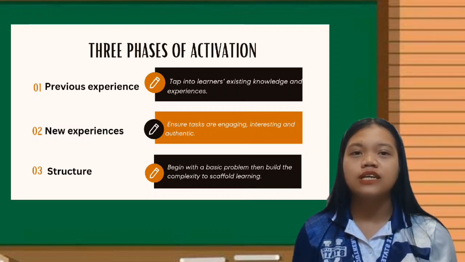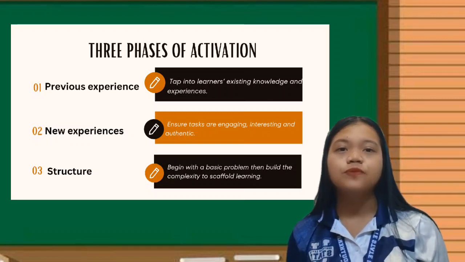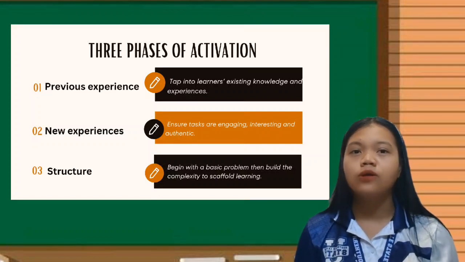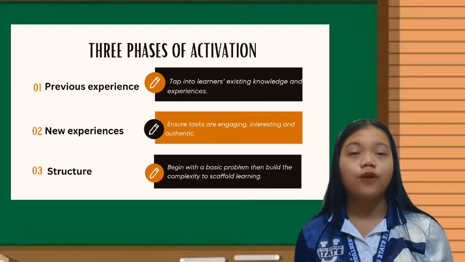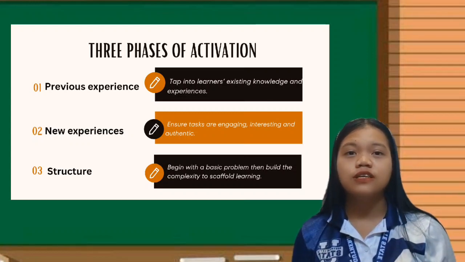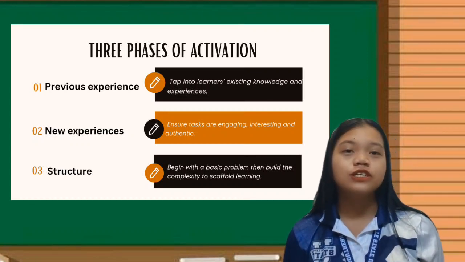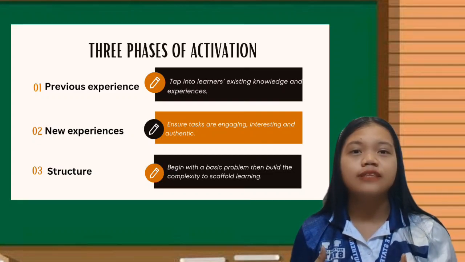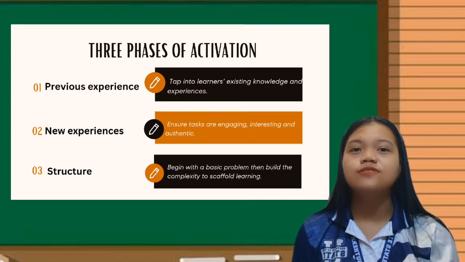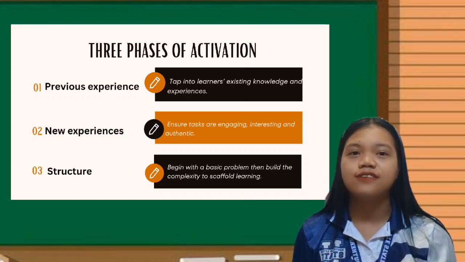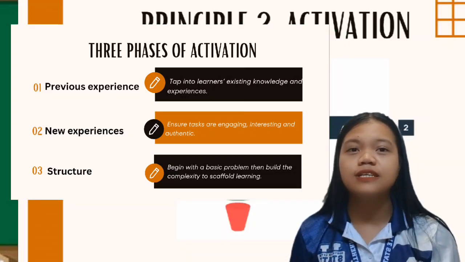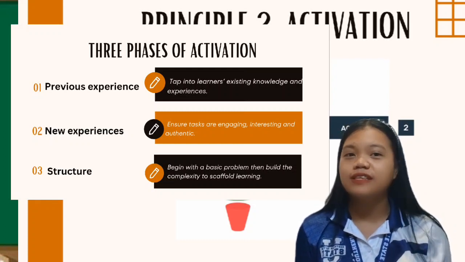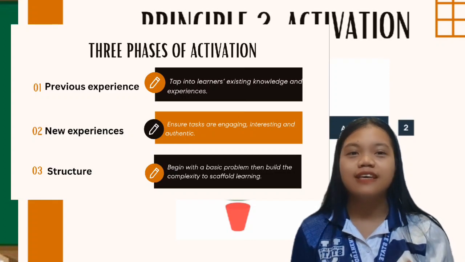So the teacher introduces a hands-on activity where students create a habitat for specific animals. For example, students could design a habitat for a polar bear, considering its needs for food, shelter, and climate. This activity connects new learning about the animal's habitat to students' real-life experiences and interests. By making learning experiences authentic and meaningful, students are more likely to be motivated and actively participate in the